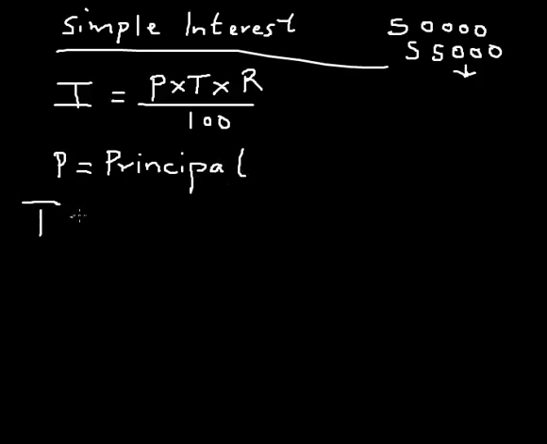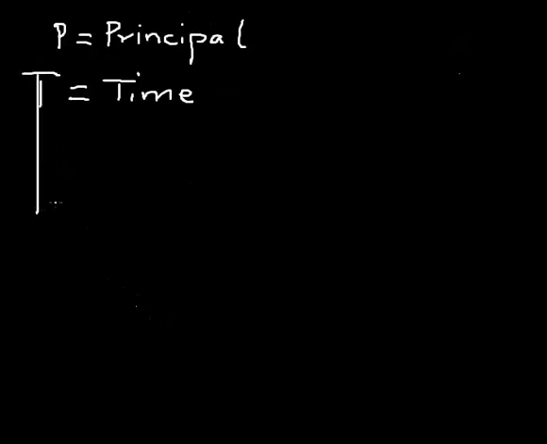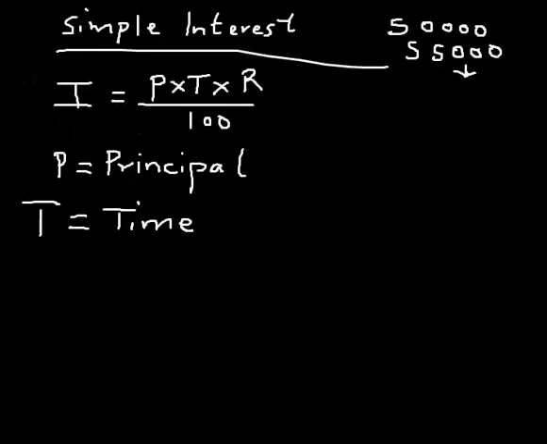T is the time, the duration for the amount that was lent or invested. Then R is the rate. Every interest has a rate of repayment. That rate is in percentage, the percentage of the amount you collected that you have to repay. So for example,